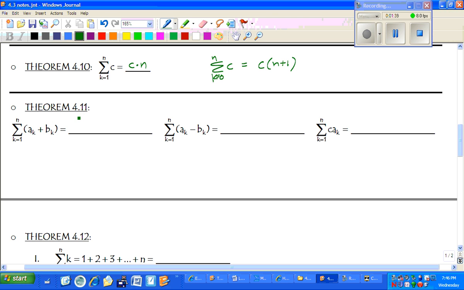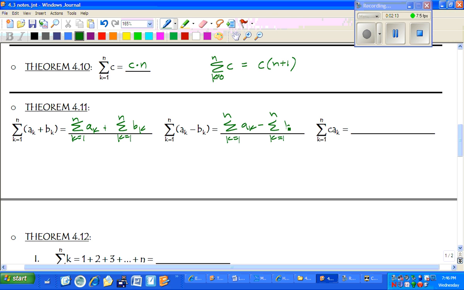Now, theorem 4.11, you'll see, is very similar to a theorem we were talking about with integrals. When we have a sum of a sum, when we have two different ones that we're adding up, we can split those up into two separate sums. Just like we did with integrals, just like we did with derivatives, just like we did with limits. It has the same property. We can split up that sum. We can also split up a difference. Break it into smaller pieces